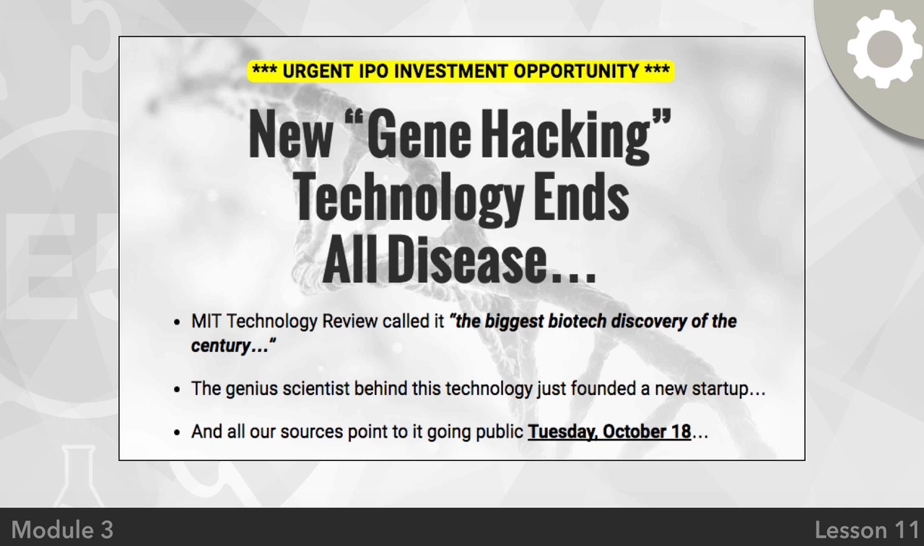New gene hacking technology ends all disease. That's just an intellectually interesting idea. You've got something that feels new and fresh and timely, urgent IPO investment opportunity. You also have the date at the bottom, right? That Tuesday, October 18th, when I first took the screenshot, that was upcoming. You've got credibility, proof, with MIT Technology, right? So MIT